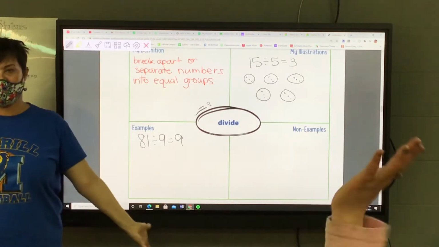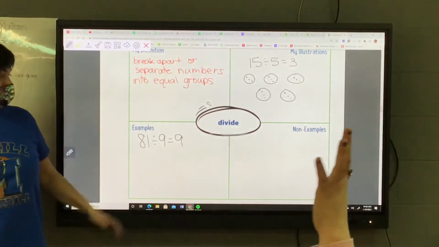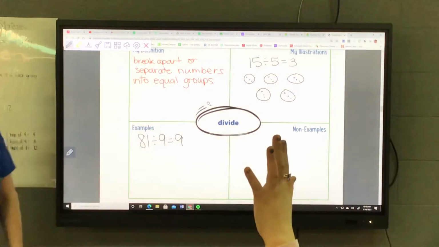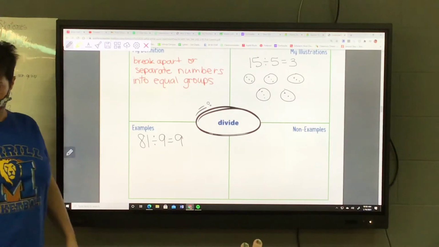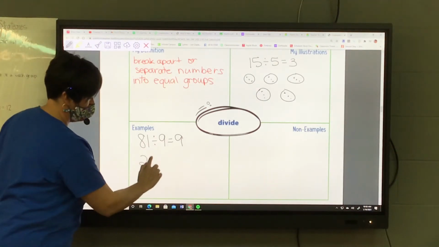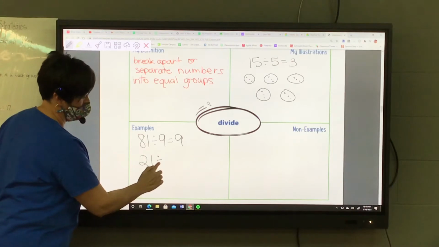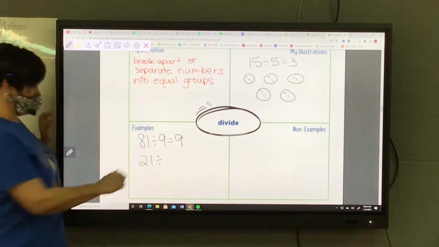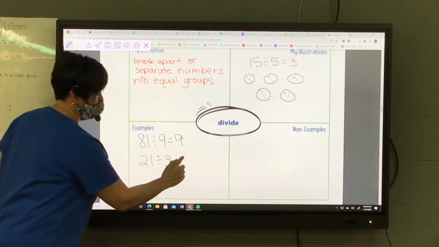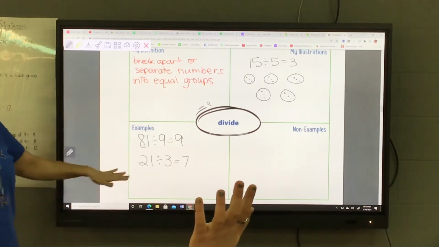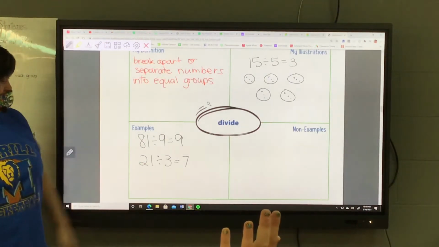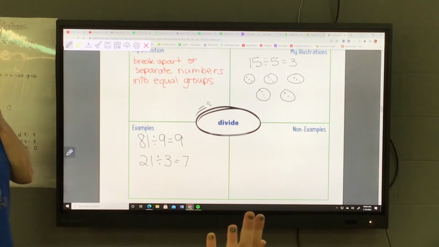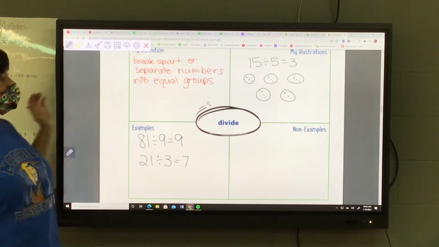Who can give us another division equation to write down? Connor? 21 divided by 3 equals 7. He is correct, because 7 times 3 equals 21. So that is true. 21 divided by 3 equals 7. All right, let's move on to